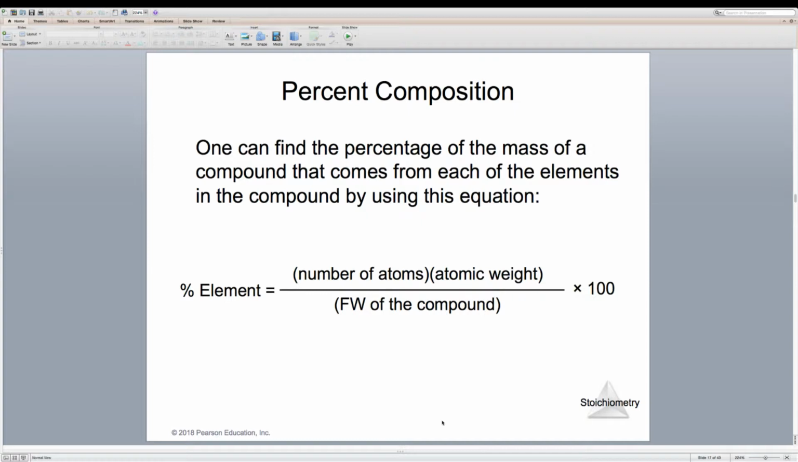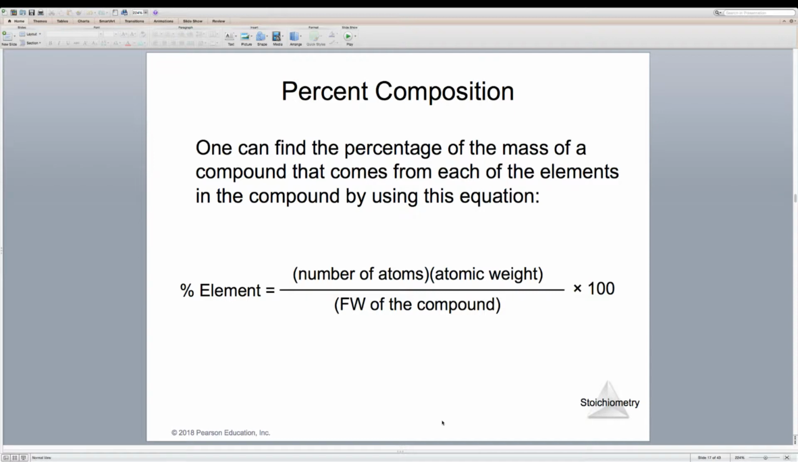Now, one thing that chemists can sometimes be interested in, especially if they're dealing with a new compound or they found some new natural product from a plant or something of that nature, is the percent composition. How much oxygen is in this molecule? How much nitrogen is in this molecule? And we can find the percent composition by finding the percentage of the mass of one of the elements